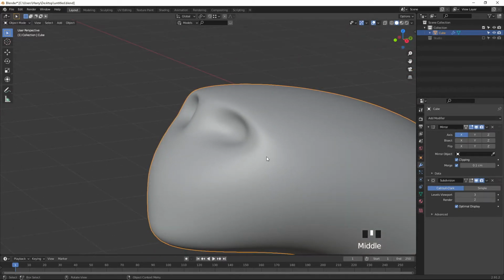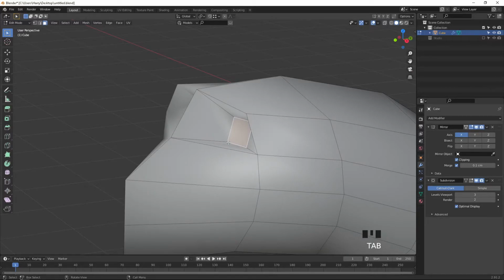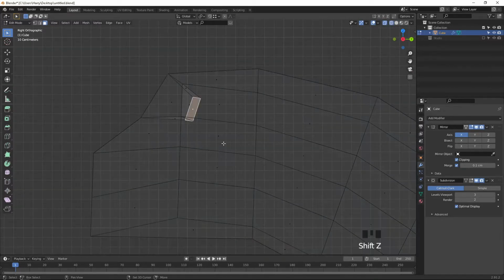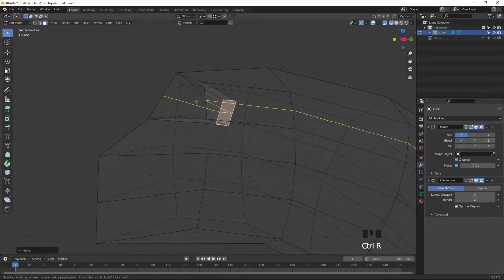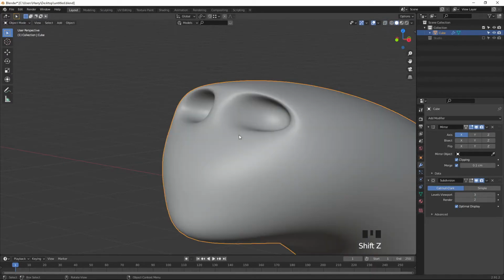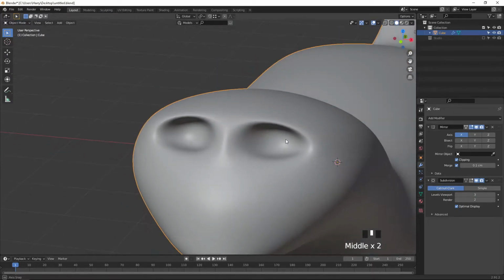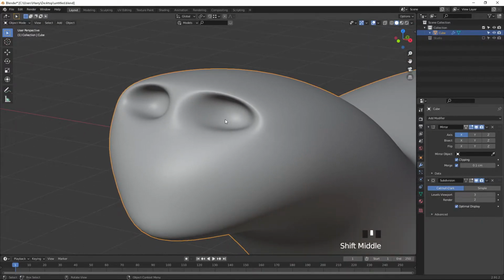So we are going to keep the eye here, and I press 3 on the keyboard, Shift G and G to move, and I create one edge loop inside to make it a little bit stronger. So Z. Okay, now this has been created. Here we are going to create an eye for this.